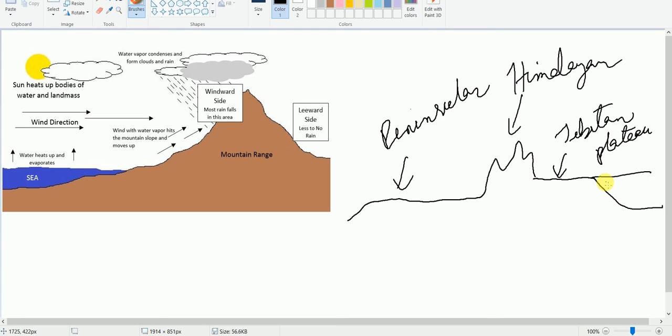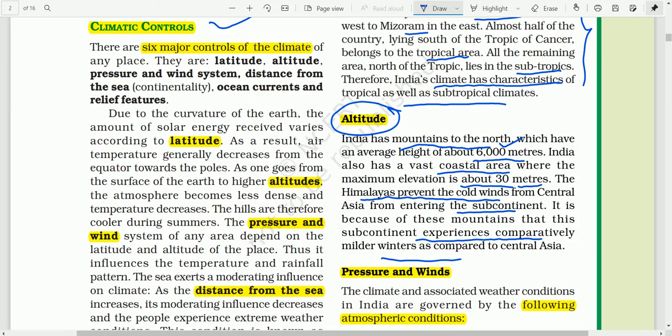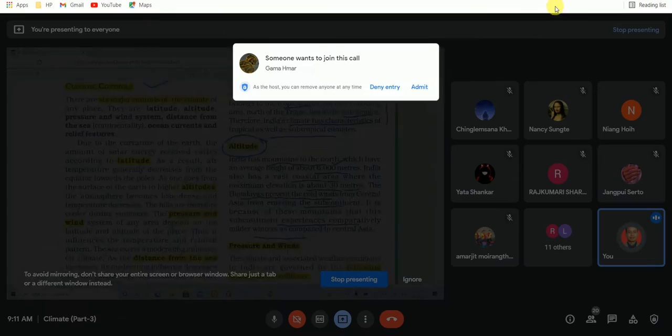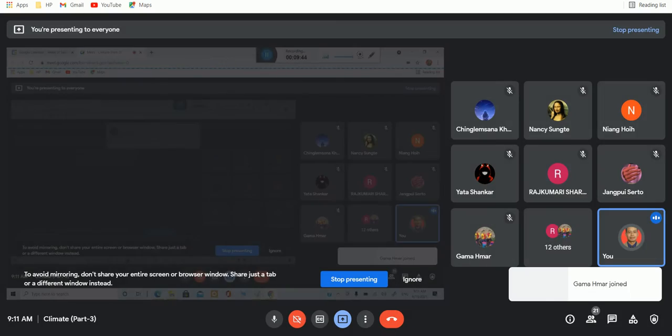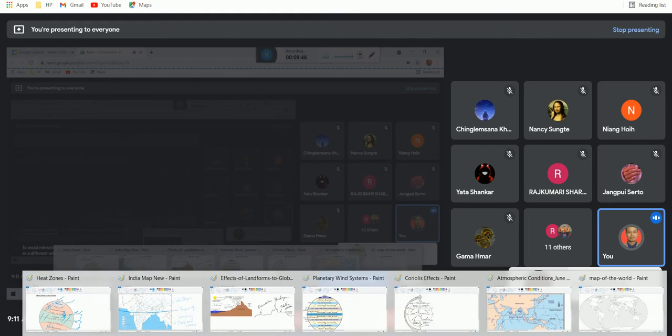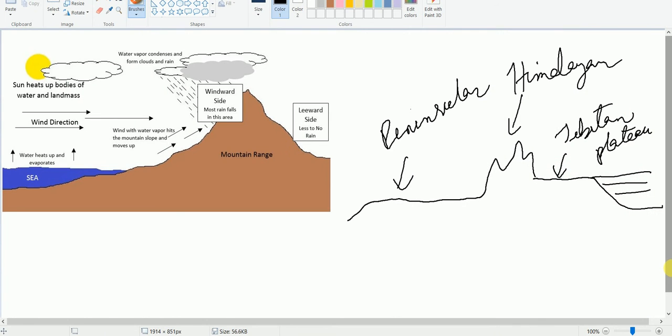Actually here, you know, the Tibetan plateau and this land in the north, that is the Siberian part, is very cold in the winter. And since we have the Himalayan mountains here, the cold wind from Siberia, that is from Russia, comes here. So here we have cold winds. So cold winds from Siberia